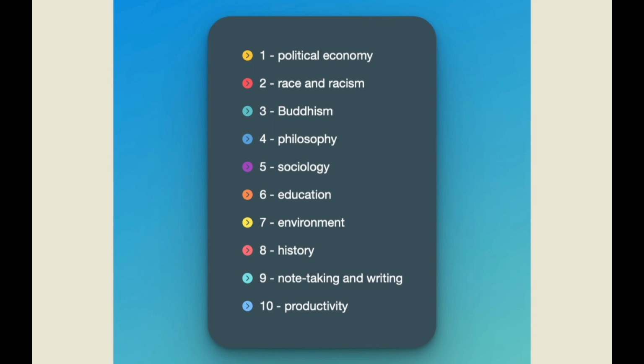My own Zettelkasten currently contains 10 such subject areas, which you can see on the screen here. Those areas are political economy, race and racism, Buddhism, philosophy, sociology, education, environment, history, note-taking and writing, and productivity. I didn't have much trouble coming up with this list because I've been doing research in these areas for quite some time. If you want some assistance in figuring out what subject areas or topics to include in your Zettelkasten,